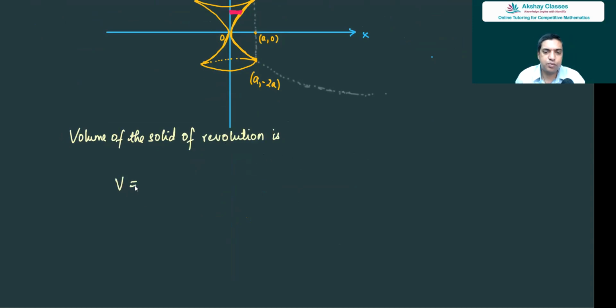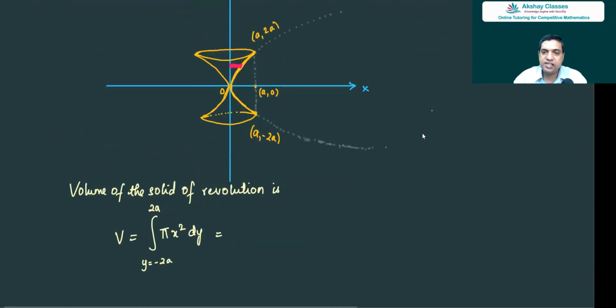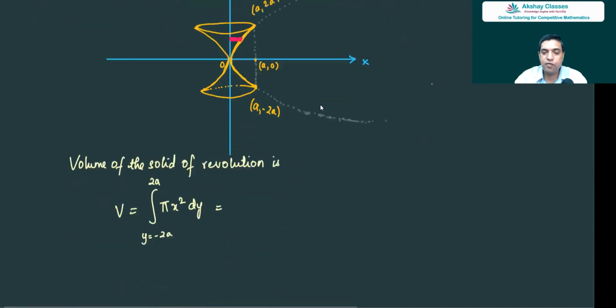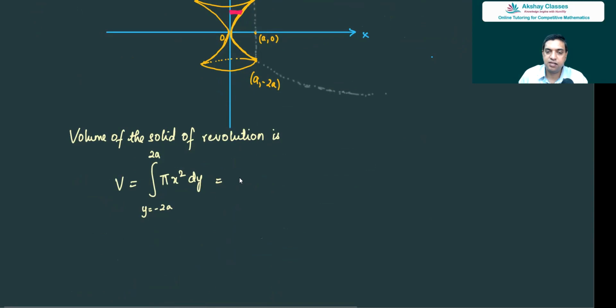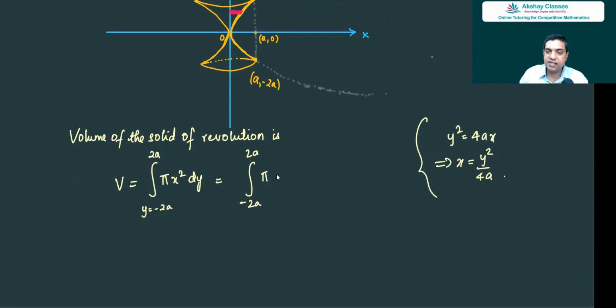This volume is equal to pi x square dy integrated from y is equal to minus 2a to 2a. Now, what is x? Y square is equal to 4ax, which means x is equal to y square by 4a. So easy. So this is integral minus 2a to 2a. Okay. So x square will be y square by 4a the whole square